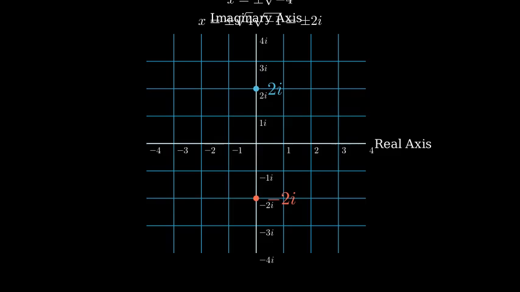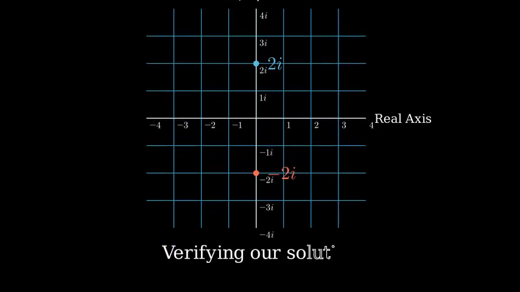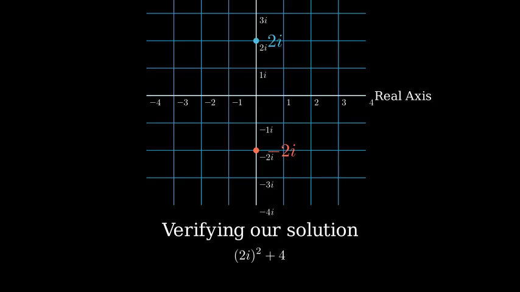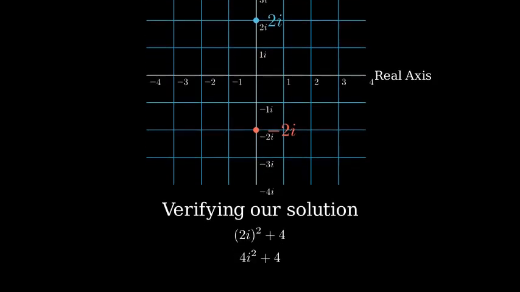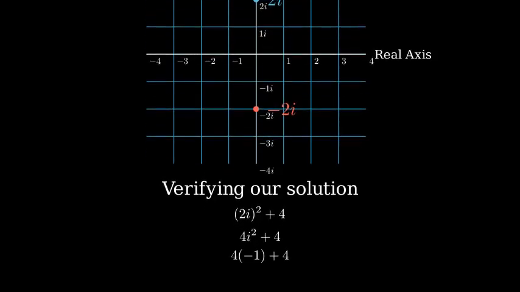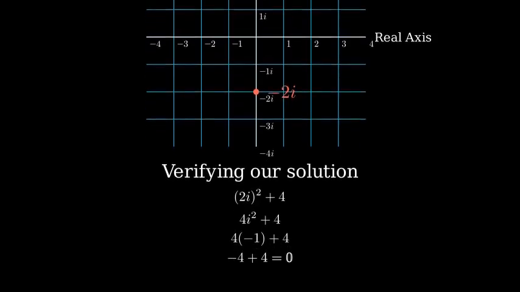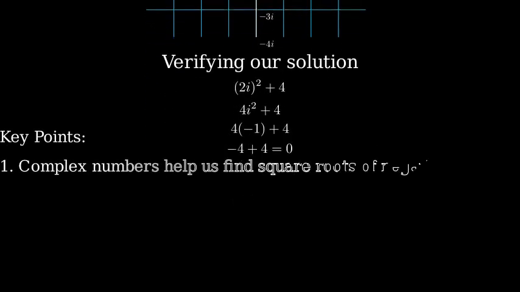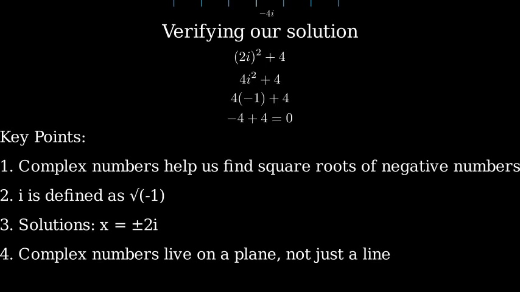Let's verify our solution. If we plug 2i back into our original equation, we get (2i) squared plus 4, which equals 4 times i squared plus 4, which equals 4 times negative 1 plus 4, which equals negative 4 plus 4, which is equal to 0. In conclusion, we've learned that when we need to find the square root of a negative number, we